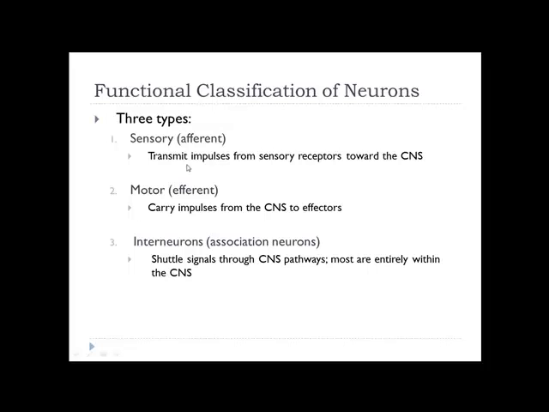With our classifications of neurons, remember, it's always going to be the same. Sensory, afferent, motor, efferent. So sensory nerves will transmit information from sensory receptors to the CNS. Motor nerves will carry impulses from the CNS to effectors, which could be skeletal muscle, it could be other nerves, it could be glands, it's whatever the nerves are affecting. Then there's interneurons. Interneurons are going to talk to one another inside of the central nervous system. So this is where thought process occurs.